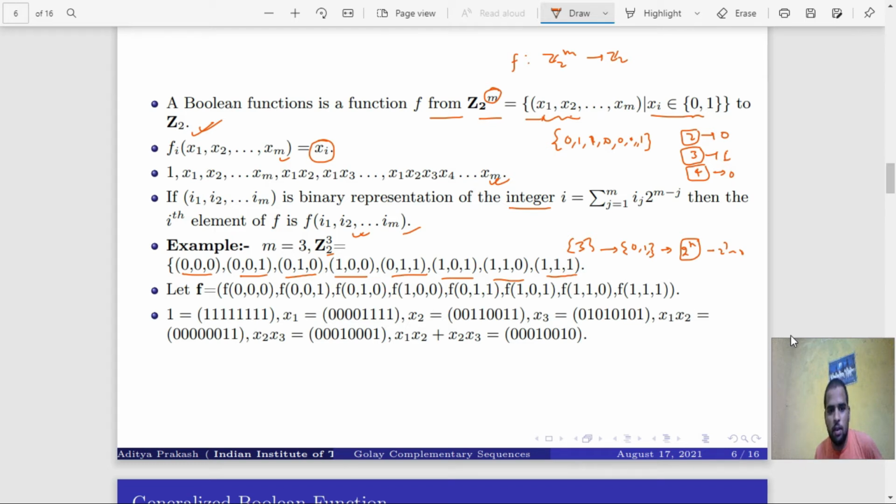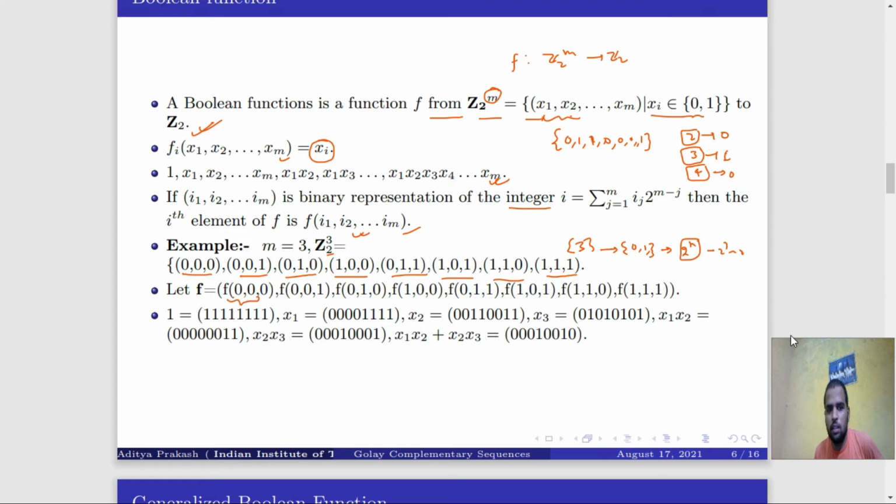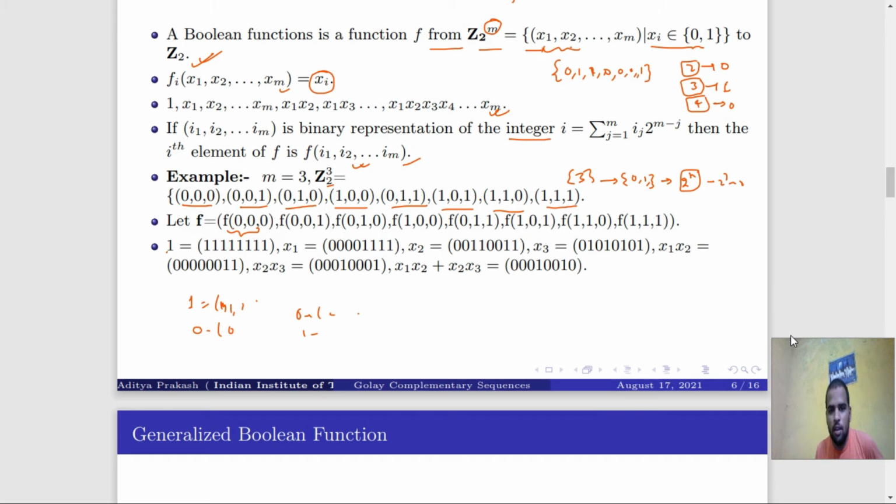Now a little bit of introduction about the function. Suppose we take f000, f001, that is, we simply introduce f. Whatever its value will be, it becomes a single value, either 0 or 1. Let us solve it with an example. 1 represents all elements being 1, and 0 represents all elements being 0. Suppose we take x1 equal to 0 0 0 0 1 1 1 1.